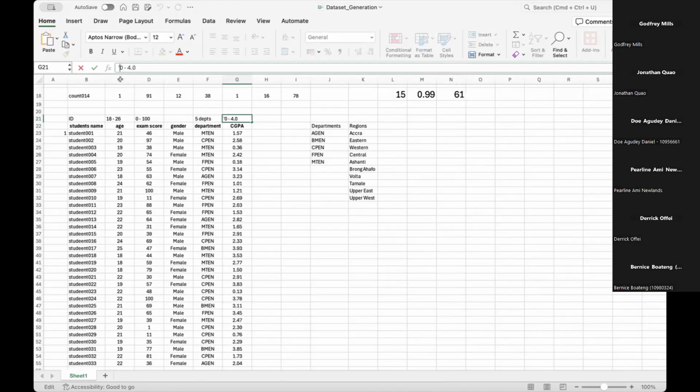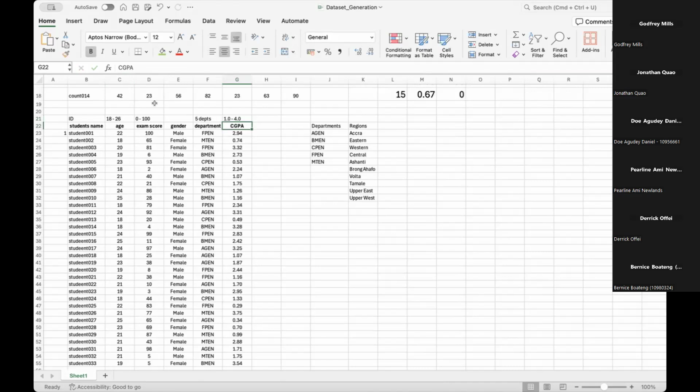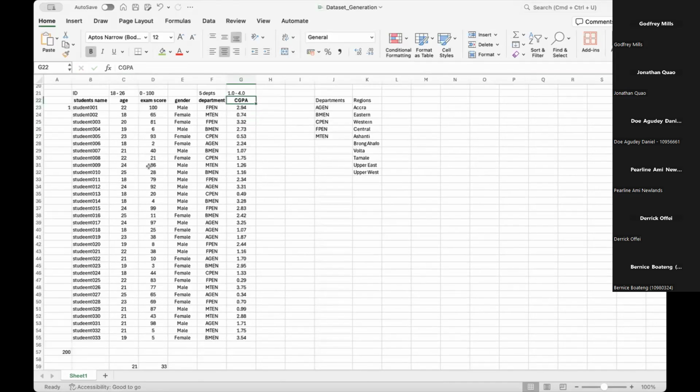Age (18 to 26), and then the score for the course for the ML program 0 to 100, and then gender, and then 5 departments, and then the GPA, or maybe let me call it GPA. It's okay. GPA or CGPA, any of them is okay. Right. So we have 1, 2, 3, 4, 5, 6. 6 rows, 6 columns. And then when you are done with the data, then the next one is that we